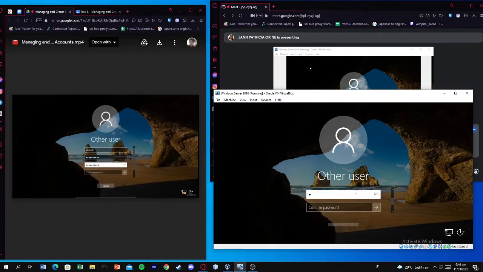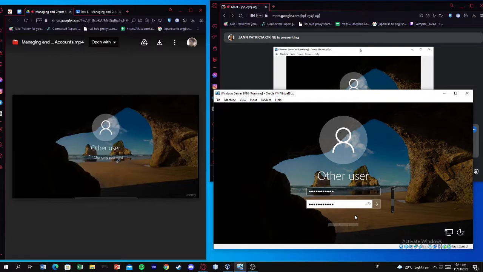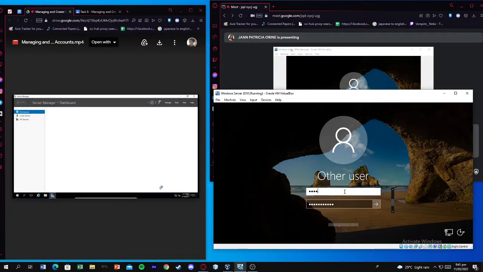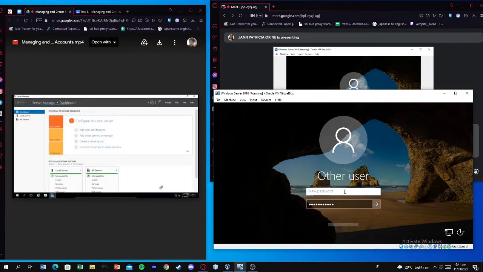And I'm going to type in a more secure password. Because I love to use my non-secure passwords. I'll press enter, and now it is changing the password. Okay, the password has been changed, hit OK, and now it will load my desktop. All right, so now I'm logged in as Paul.Hill, and I'm a domain administrator, and that is how you manage